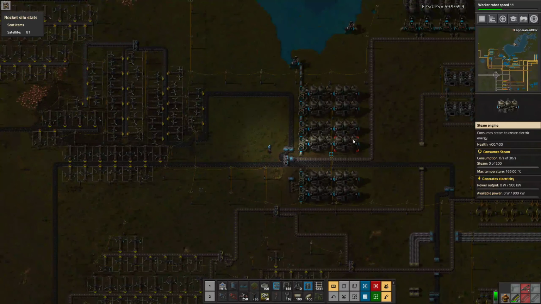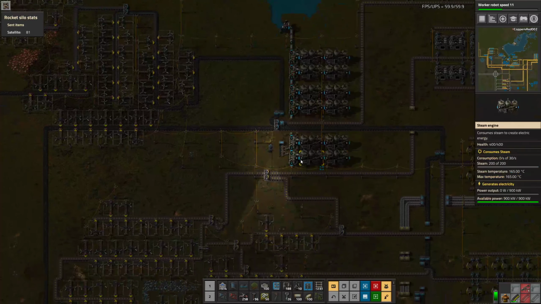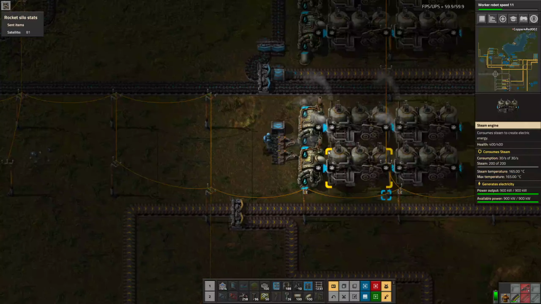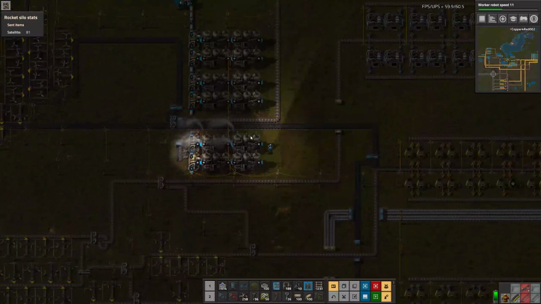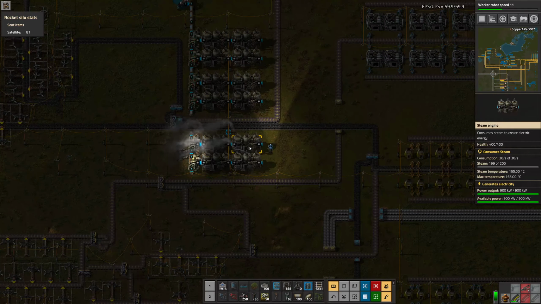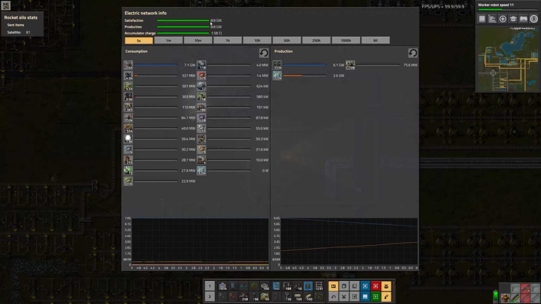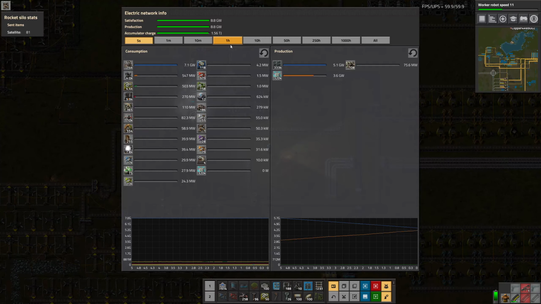This was my very first power, and you can see it's still doing a little bit of power. Each one of these puts out 900 kilowatts of power, and right now I'm doing 8.8 gigawatts of power. I'll explain all that later, but it's a lot more. Okay,